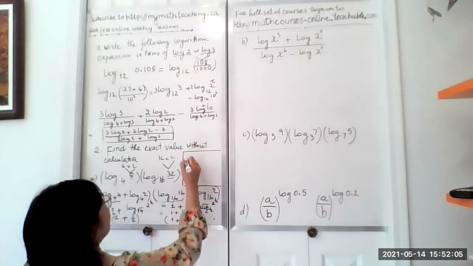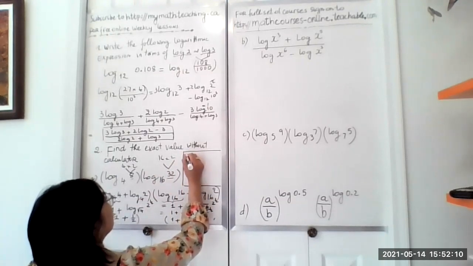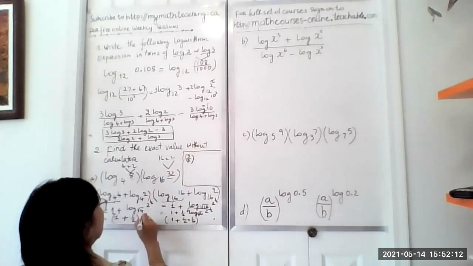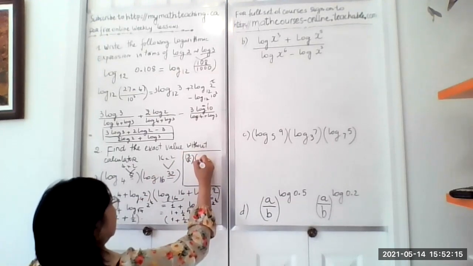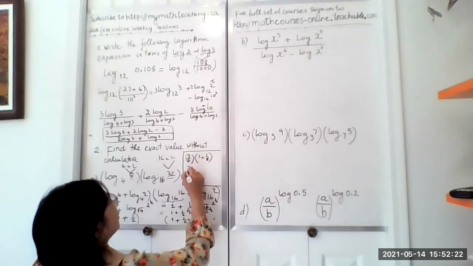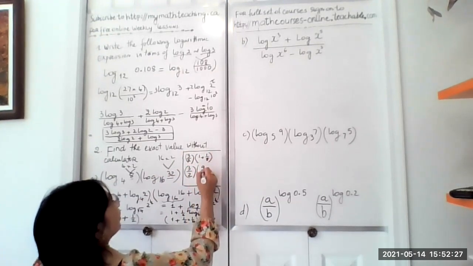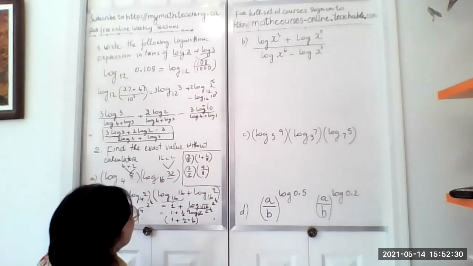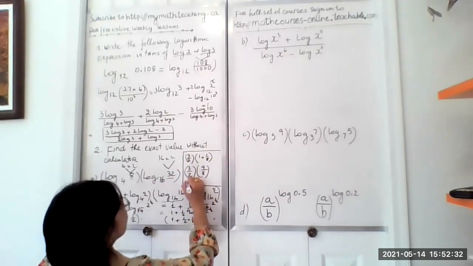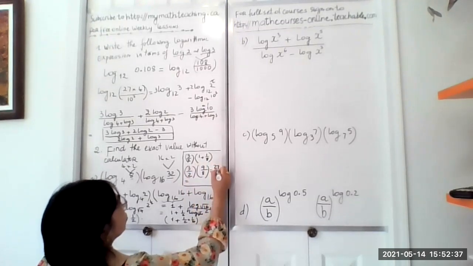Okay. So now we will have 1 add 1/2, which is 3 over 2 for the first bracket, this number here, right? And this number here is 1 adding with 1 over 2 times 4 is 8. So that is the same as 3 over 2 times 9 over 8. So at this point, we multiply the top, we multiply the bottom, is equal 27 over 2 times 8 is